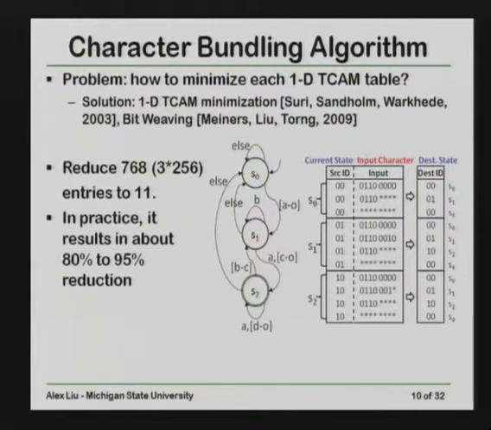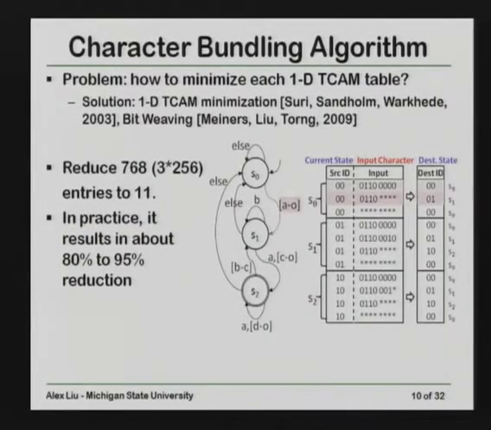The algorithm to achieve this purpose uses a one-dimensional TCAM minimization algorithm. There are previous algorithms that we can use. With this technique, for this example we used to have 768 entries, and now we can reduce it to 11 entries.